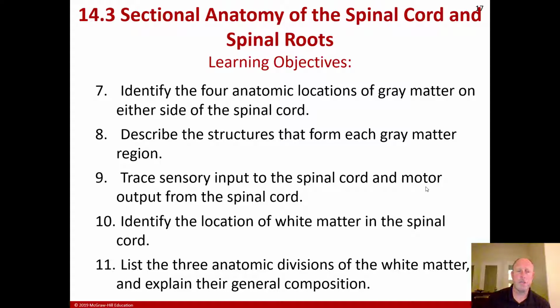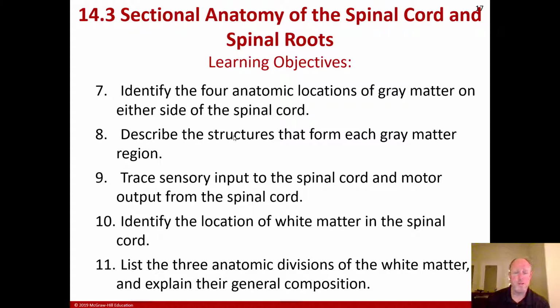All right, we're now talking about section 3 of chapter 14 on the nervous system and the spinal cord. And now we're talking about the sectional anatomy of the spinal cord and spinal roots. The objectives you should have learned when you've gone through the section, or at least you should get a reasonable understanding of before moving on, is to identify the 4 anatomic locations of gray matter on either side